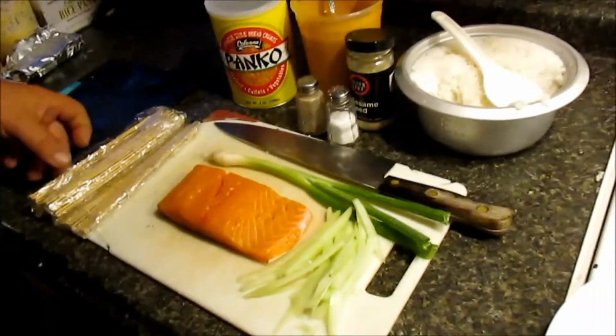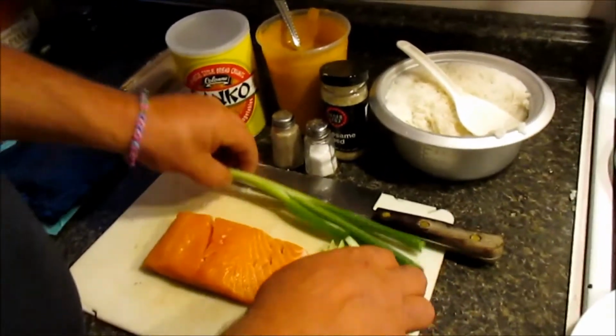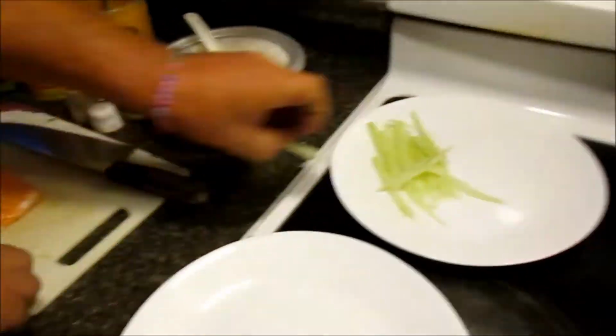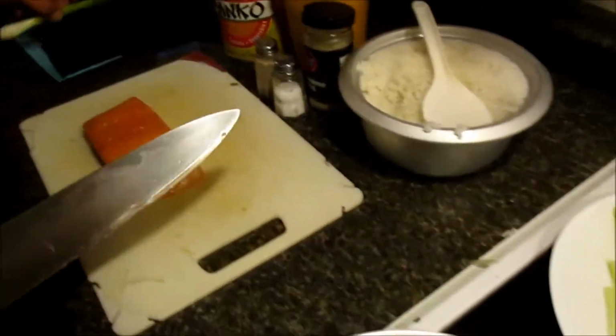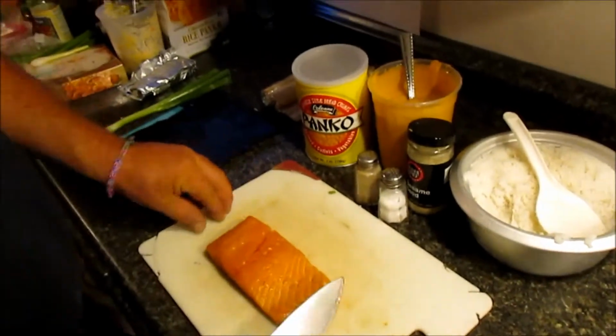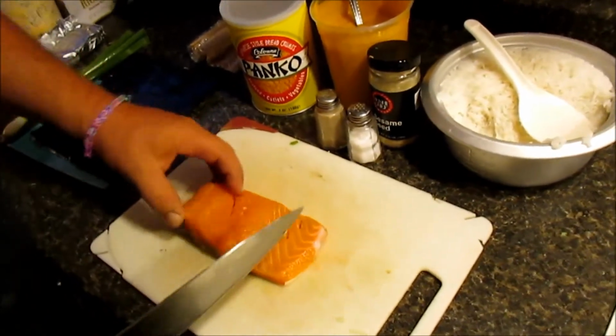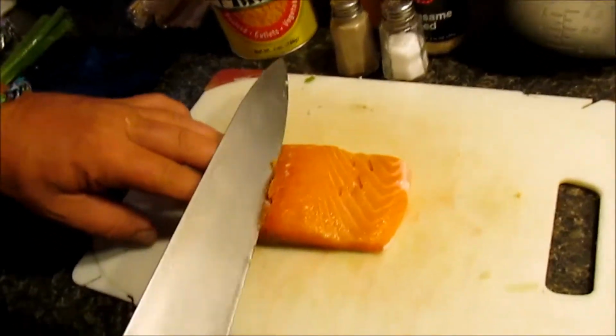So I'll get started here. I'm going to move all this out of the way. I already got those done. And again, normally you would say, hey, you're cooking raw with non-raw food, but we're eating it raw, so it won't make a difference. So I need to get the salmon off the skin, so I'm going to cut down,